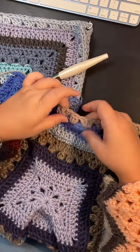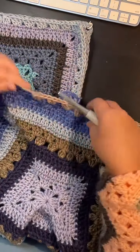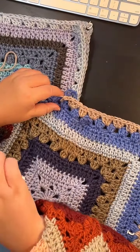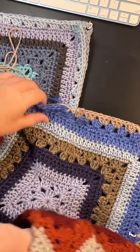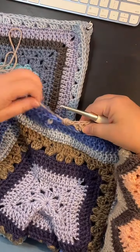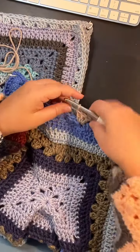I'm going to, oh, look what I did. I'm glad the ball of yarn fell under the desk, because that reminded me that a ball of yarn fell under the bed yesterday, and that was the yarn I needed. And I'm glad that my camera conked out on me right then, so that I could see this mistake